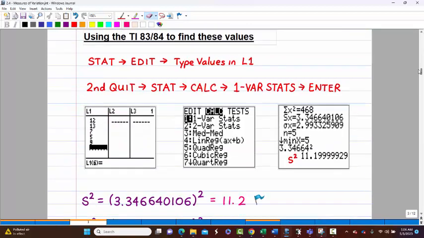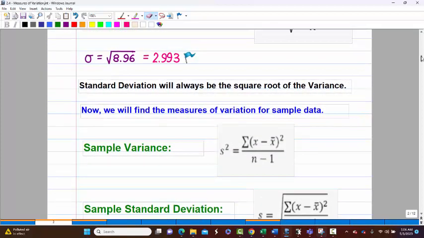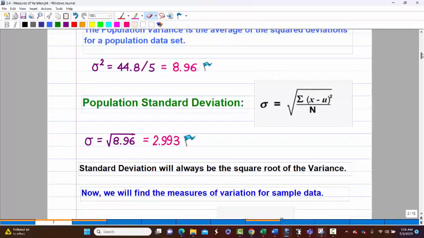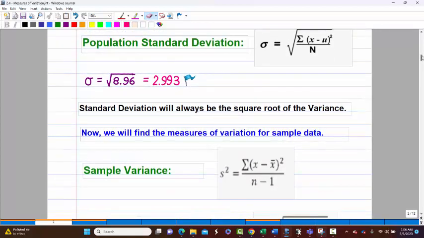I'm not sure if I mentioned in the notes anywhere what I was just saying about the units of measure. For example, let's say it was measured in dollars, and the variance would actually be squared dollars, which really makes no sense. So square rooting it gets it back to a proper unit of measurement. Anyway, that's enough of that. Now we have